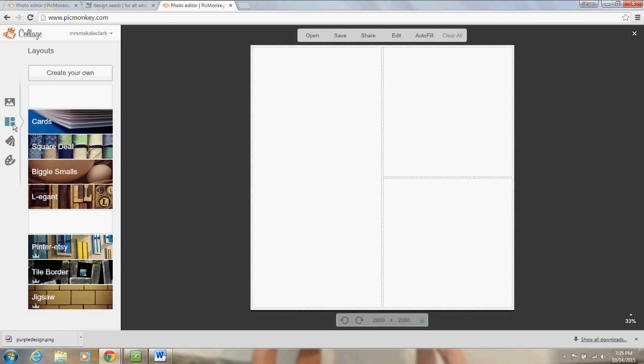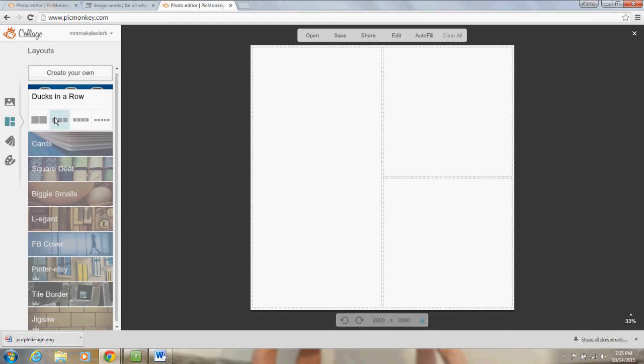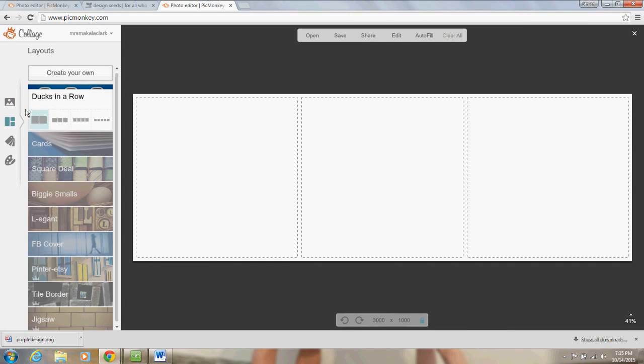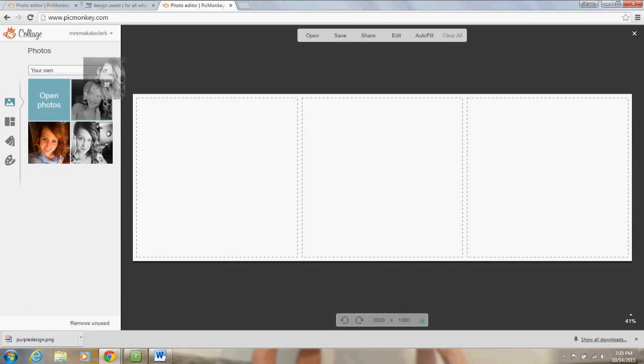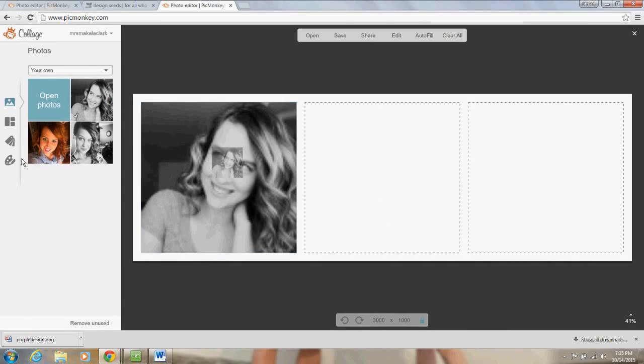And say I want them all side by side. So I'd click ducks in a row. You just click the collage section here. There's tons of different layouts, but I want them ducks in a row. I want them all together. So there's 3 ducks in a row. Then you just basically click them and drop them in